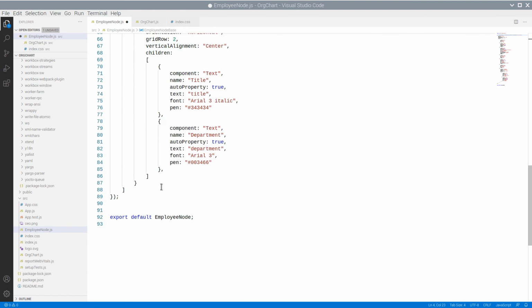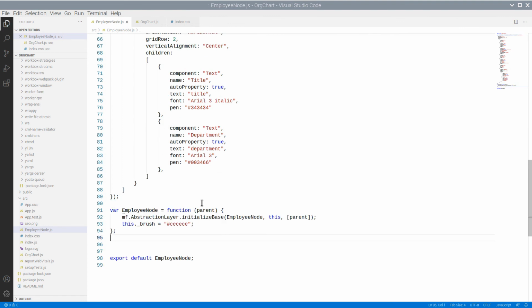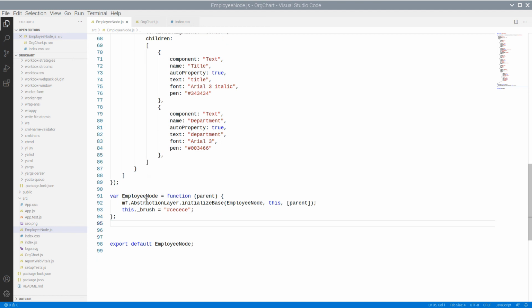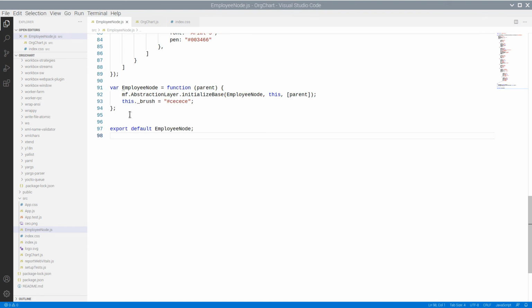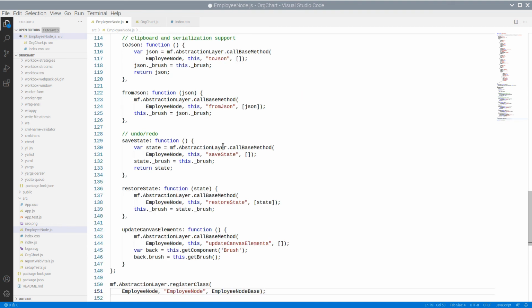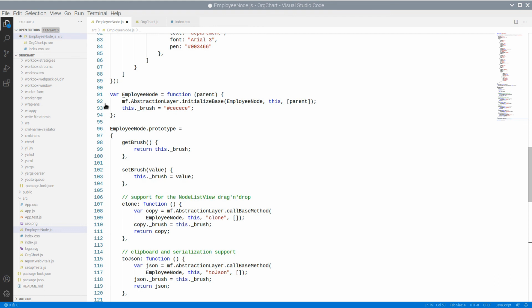So, we first rename our current employee node class to be employee node base. Then we paste the code that will create a new employee node object, which is based on the employee node base and has a brush property. Now I will paste the code that describes the prototype of a class of the diagram item that uses employee node base as a base class.